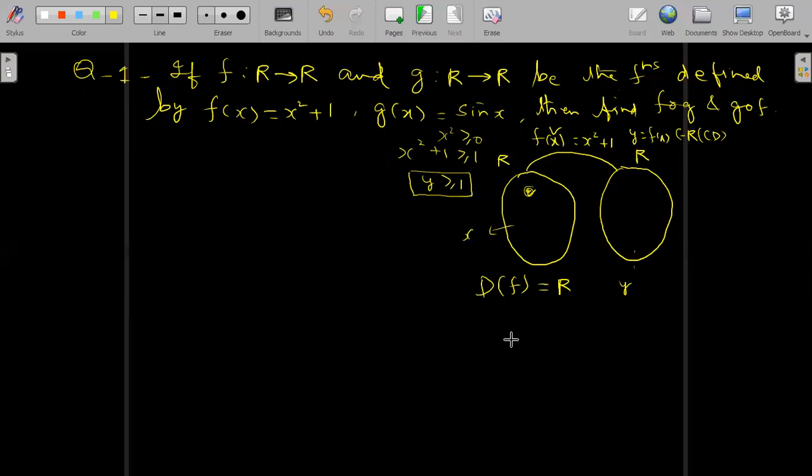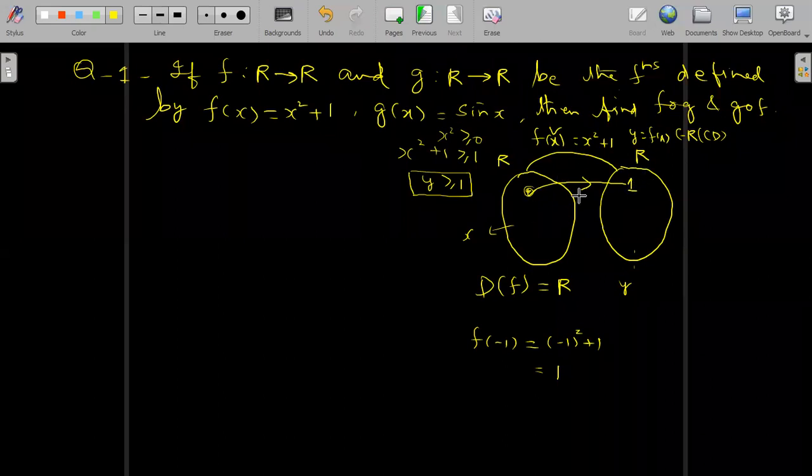Because if you put a value less than or equal to 0, that is negative, for example f(-1), it will give (-1) whole square. Because of the square, it will become plus, so this will become 1. So understood, x square is always positive. That's why x square plus 1 is always greater than or equal to 1. So this will start from 1, not less than 1. So real numbers which are less than 1